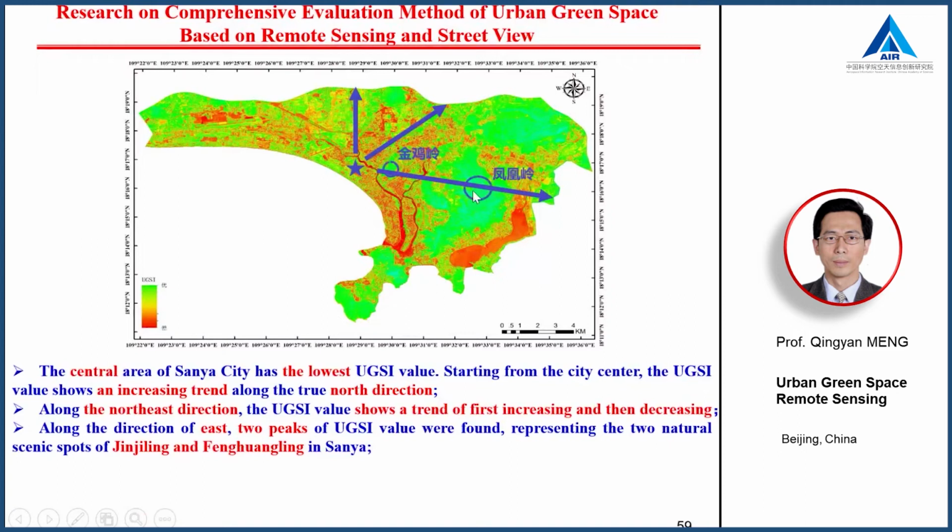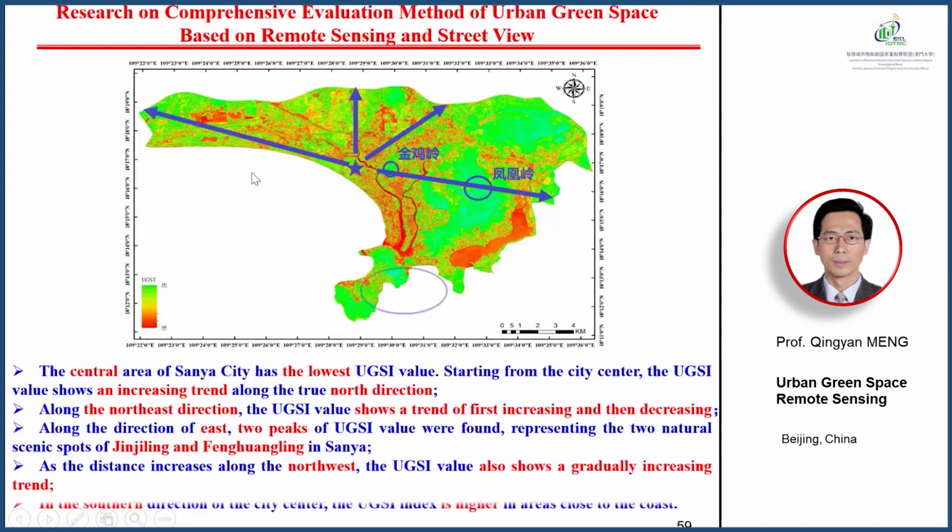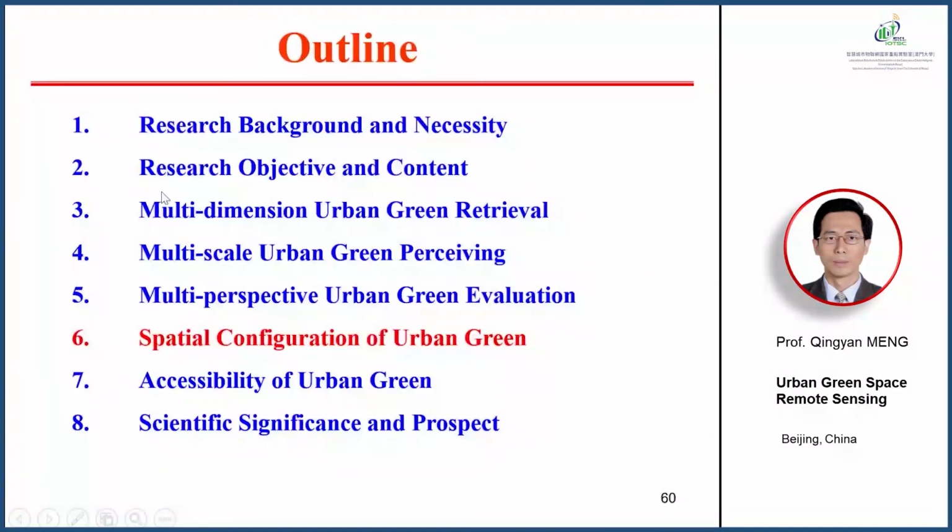This is here. Representing the 2 natural scenery spots of Jinjiling and Fenghuangling in Sanya. And as the distance increases around the northwest, it also shows a gradual increase. And the south is like it. So we finished the